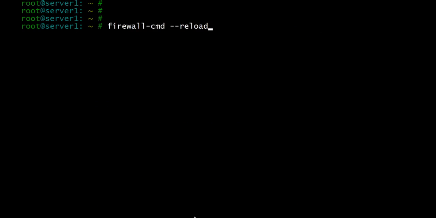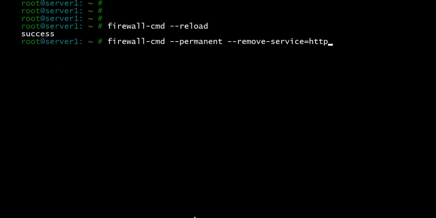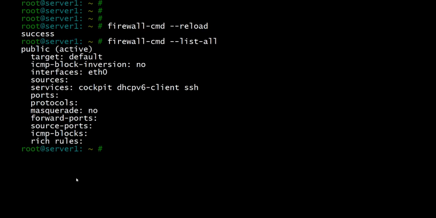And then we're going to reload it. We're going to do list all. As you can see, now those services are gone, the HTTP, HTTPS. And if you guys want to switch zones, you guys can do the firewall command and then set